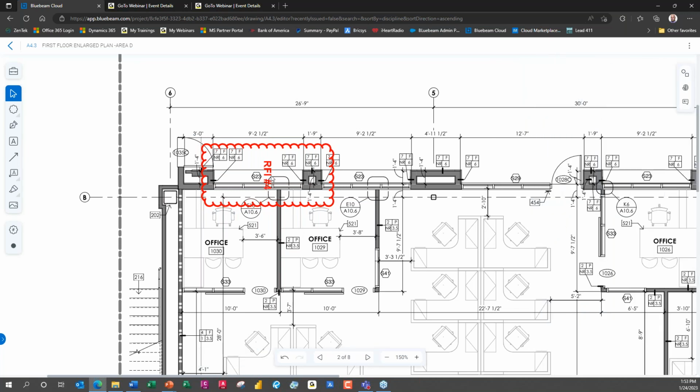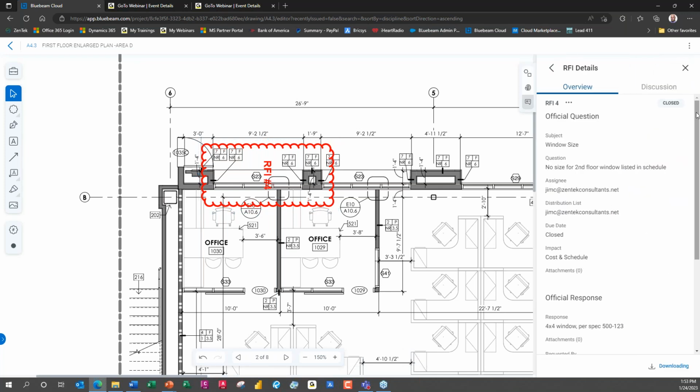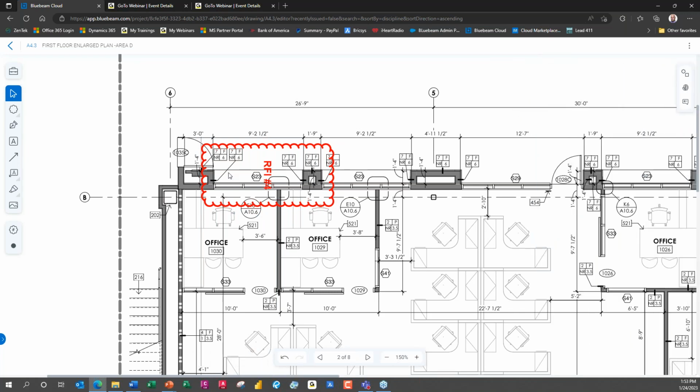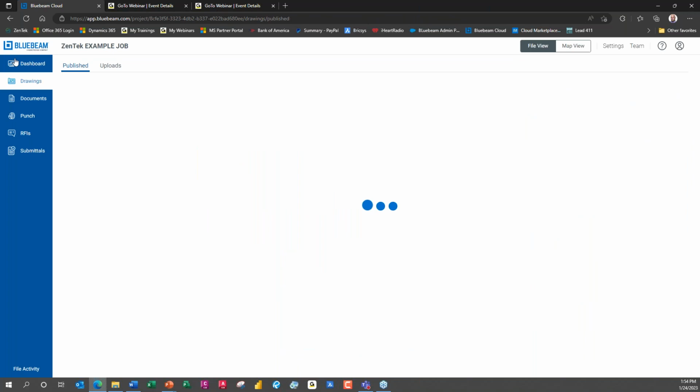And whenever anybody goes, whoa, what was RFI number 4? 8 months from now, they can just go ahead and double click on that. It opens up the RFI, the discussion, the history, and what the final answer was on it. All tracked and set rather than you guys trying to handle this with emails and everything else on your own, okay? And the last thing I wanted to show you guys is we can do the same thing